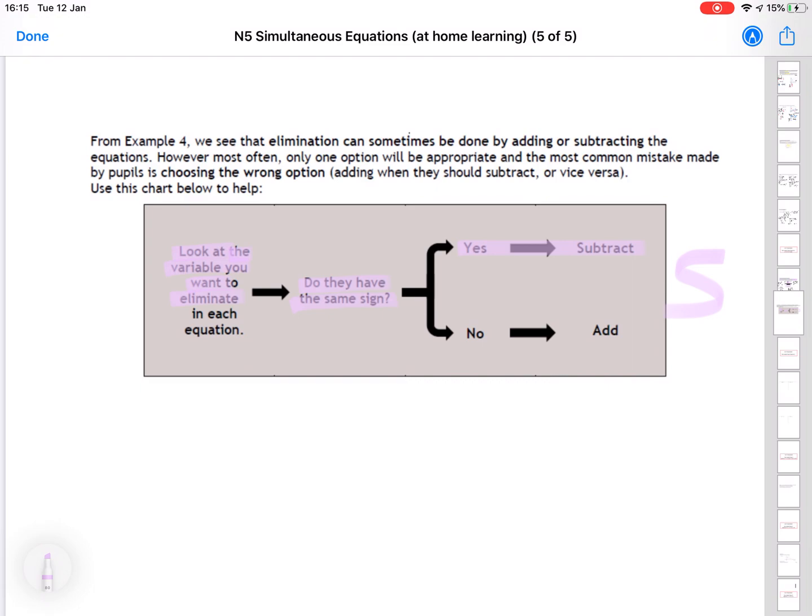Okay, now what I mean by that is the sign of the term that you're eliminating, not the sign that's in the two sums. Okay, so I'll show you what I mean by that. So for example, if we had 3x minus y and